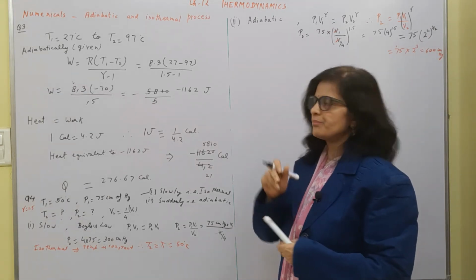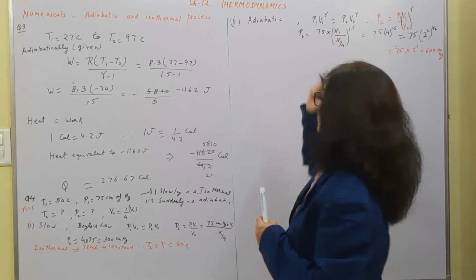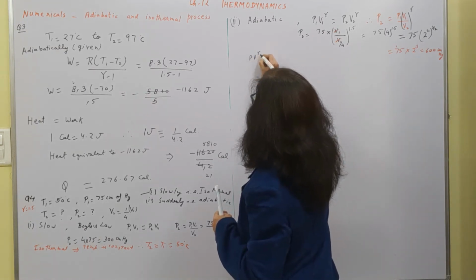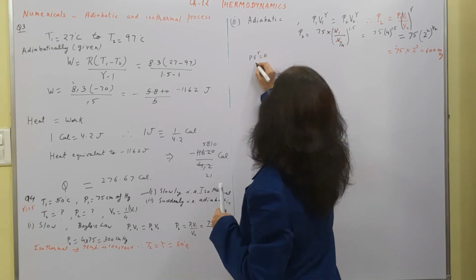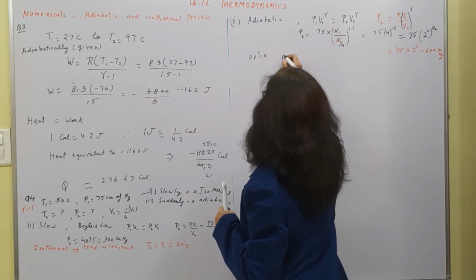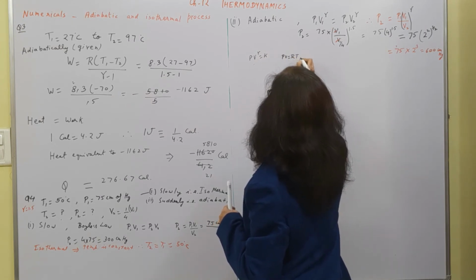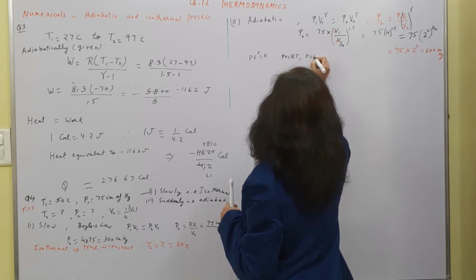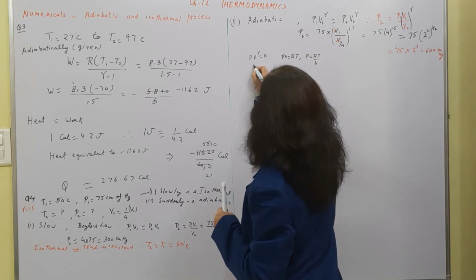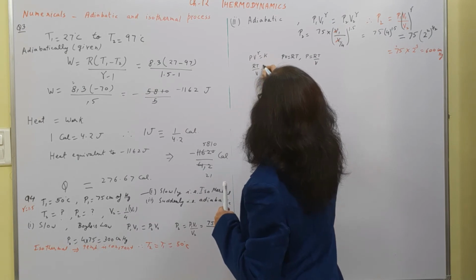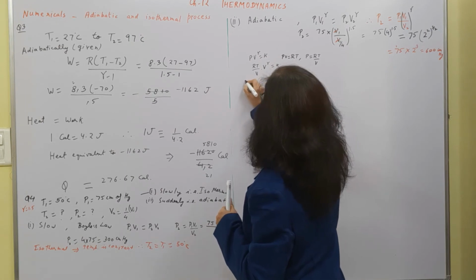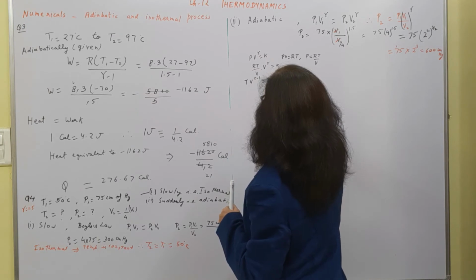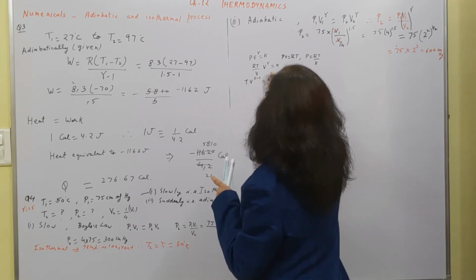Now for the final temperature, we'll have to use another adiabatic relation. We know that PV to the power gamma is equal to constant. So we have to find a relation between V and T. So we can write PV is equal to RT, so P is equal to RT upon V. So this gives me RT upon V, V to the power gamma is equal to K. So R is again constant, so you can write down T V to the power gamma minus 1 is equal to another constant K. So we will use this relation.